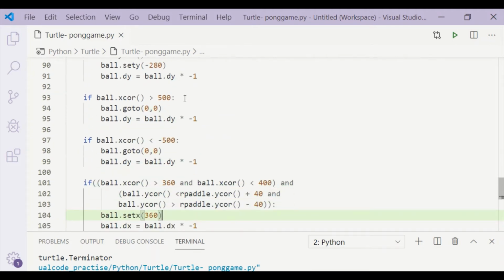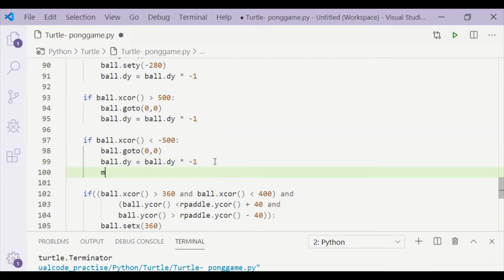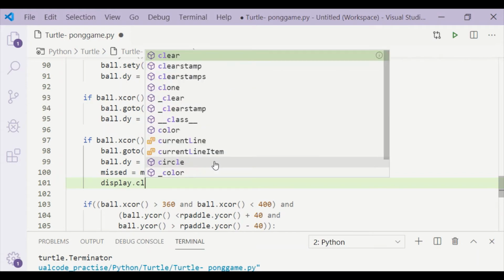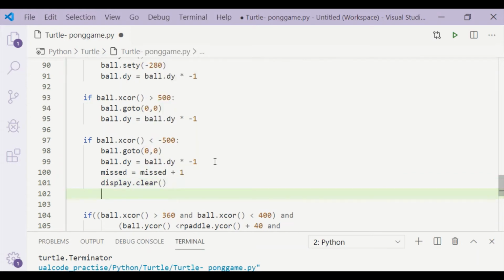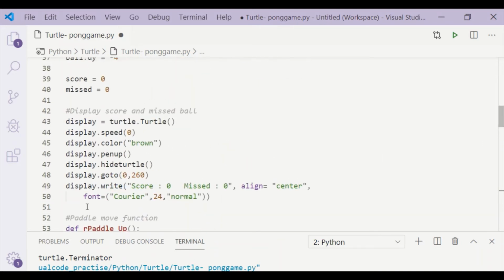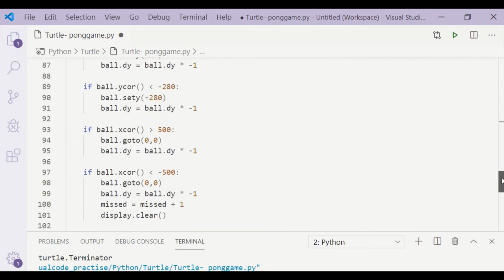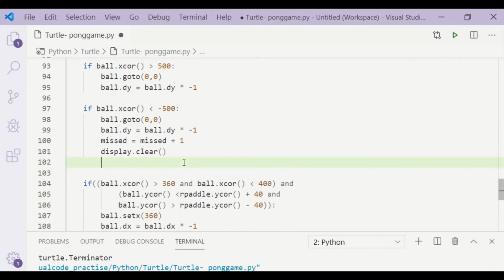The value of missed shall be incremented if the ball is not hit by left or right pedal and the ball reaches the extreme right border or left border. This condition, when it is met, we shall increment the missed by value of 1 and update the score using display write method.